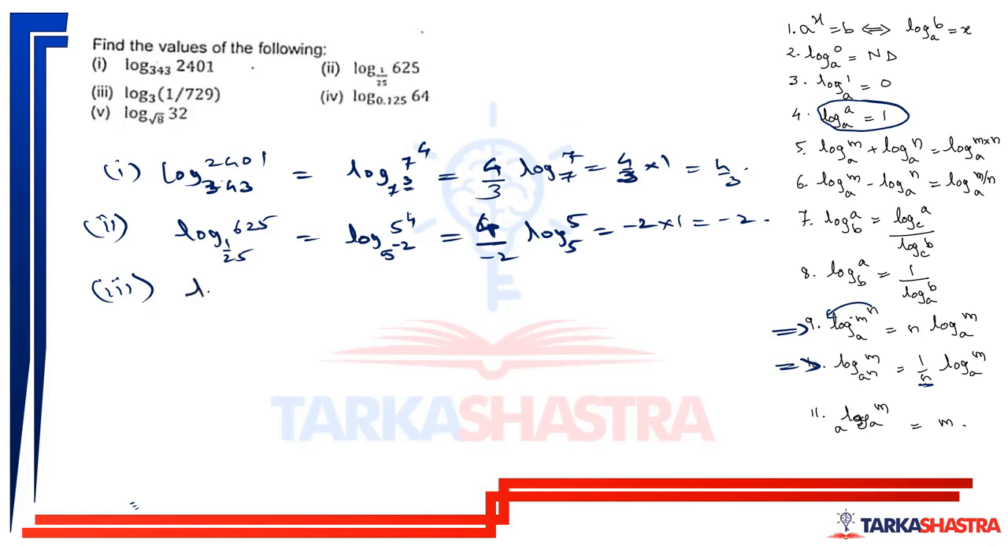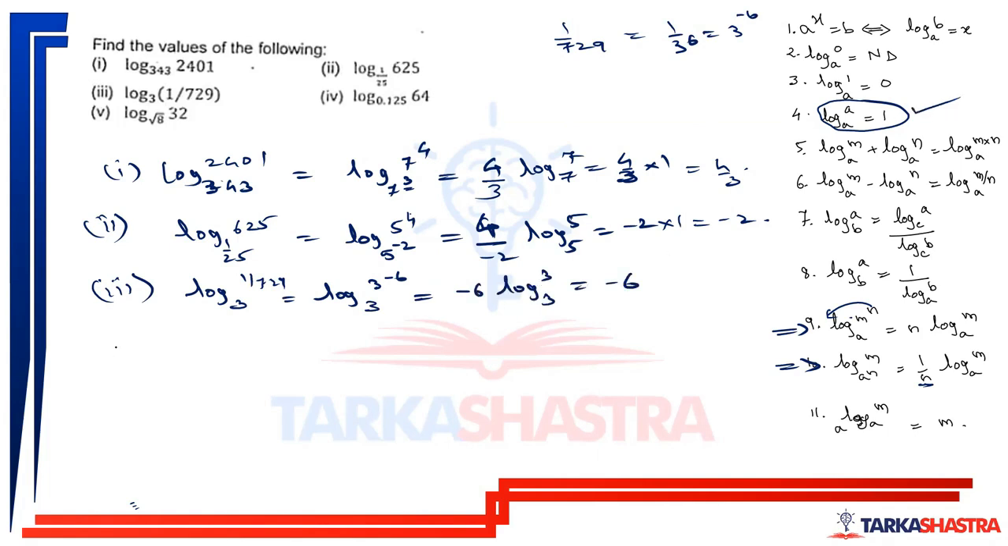Third one, log 1 by 729 to the base 3. I know that 1 by 729 is 1 upon 3 to the power 6, which is 3 to the power minus 6, to the base 3. Now minus 6 comes out, and log 3 to the base 3 is 1. So the answer is minus 6. Followed by the fourth question,